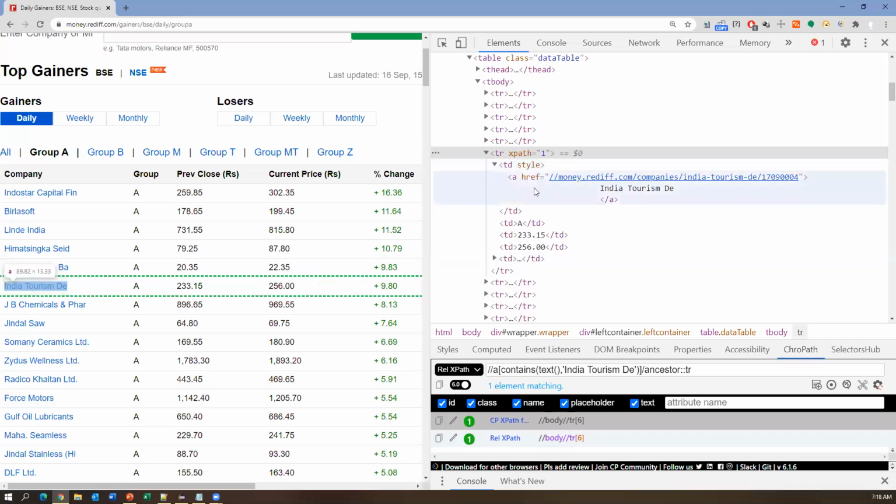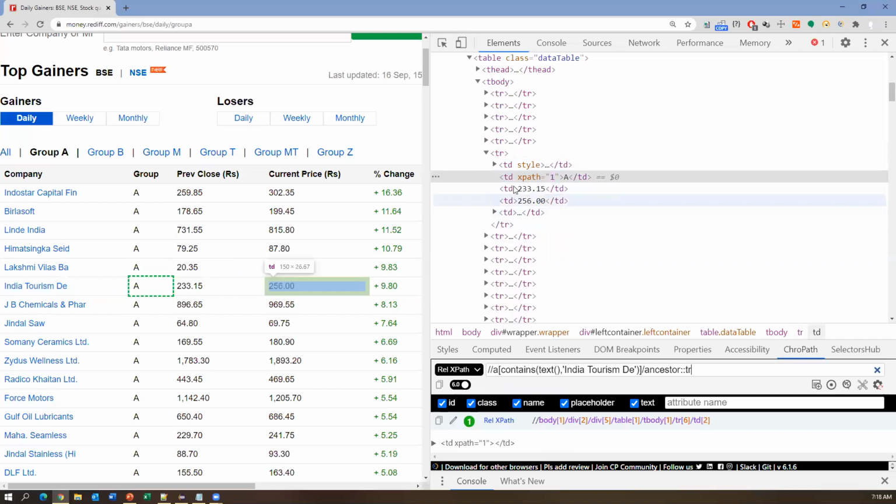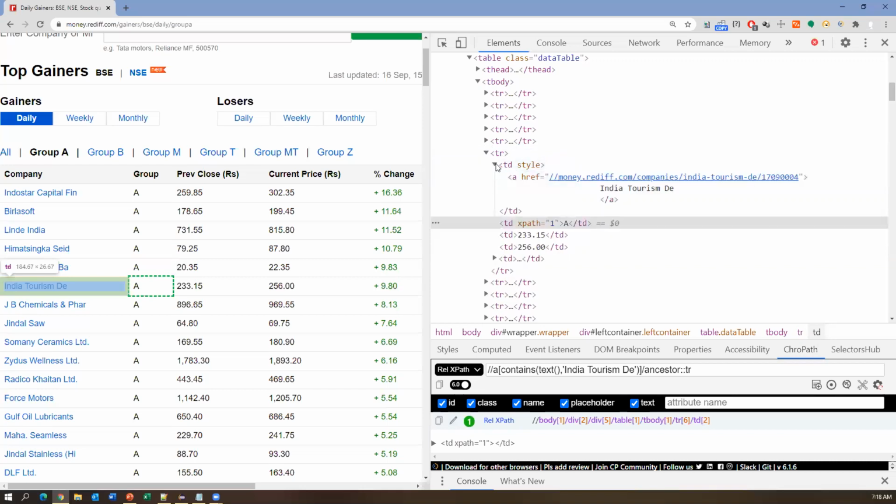Descendant means child and child's child. TD is a child node, and inside it there is one more child, so we'll get all of that here. This is the anchor tag. But for the rest of the TD tags, we don't have any children, so we will not get anything. For the TR, the first child is TD, and inside the TD, A is a descendant tag. So for the TR, A is a descendant tag.